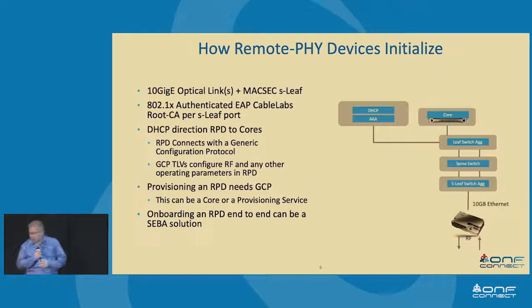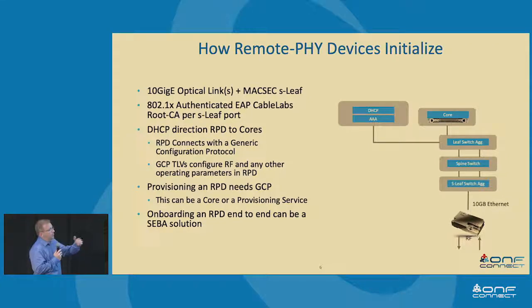So we'll move quickly because I'm sensitive to time, because I'd like Jaspreet to take us through a little bit of what the code did in further detail, but I just want to get folks into an RPD and how it comes into the network, and why Trellis just feels like a nice warm glove to remote PHY. So there's a 10 gig optical link that comes out of each one of these RPD devices. Again, we got rid of that linear AM transmission and went all 10 gig digital optical on a wavelength.